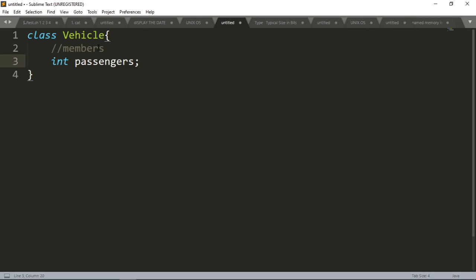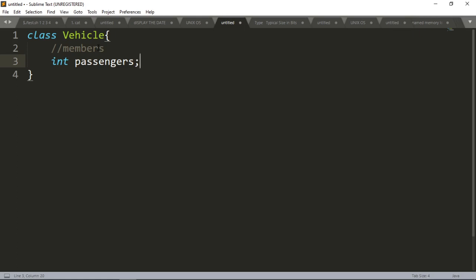Whenever you see a vehicle, you can see there are some passengers, either one, two, three, four, or more than 10. A bus is also a vehicle, so in a bus you will find more than 10 or 20 people. But a car is also a vehicle, and in a car you will not fit more than 5. So it will vary. All belong to vehicle: car, that means your four wheeler, your bus, your scooty.